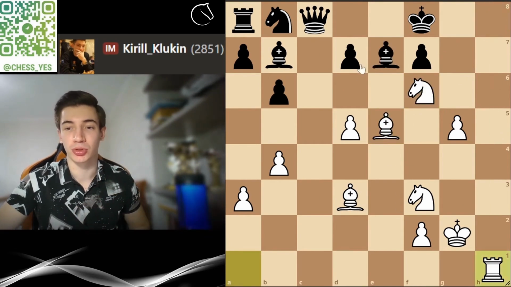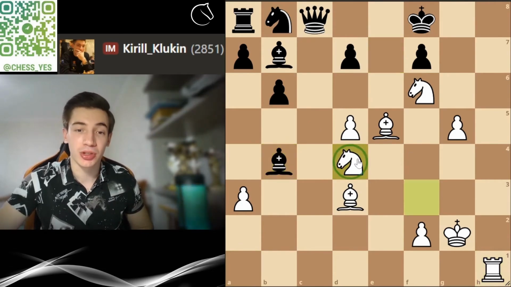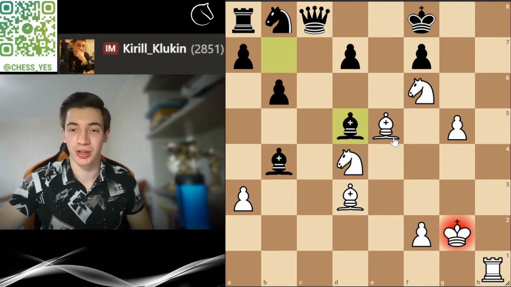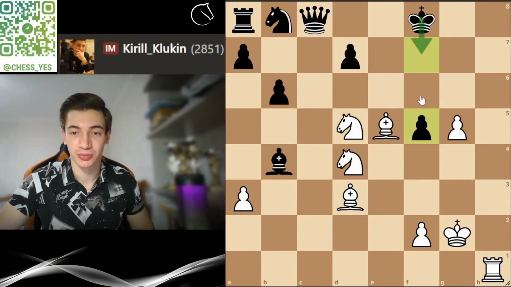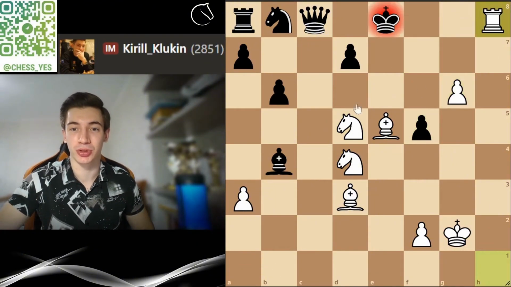The only thing that could be tried was to play bishop to b4, to open a path for the king. But then the knight joins the attack. Now there's the threat of rook to h8, king to e7, knight to f5. But if you play bishop to d5, then knight takes on d5. Again, I've taken away the e7 square. Any attempt to free the king leads to pawn to g6, king to e8, rook to h8, bishop to f8,